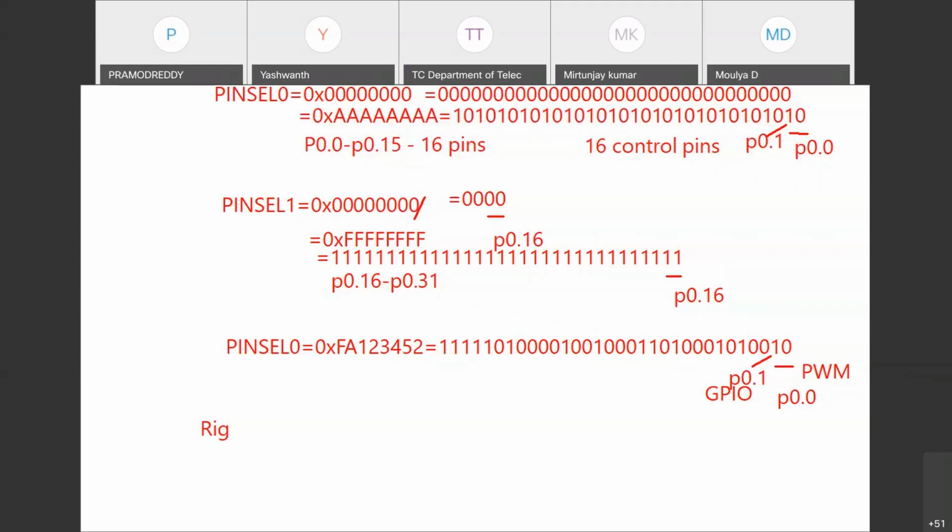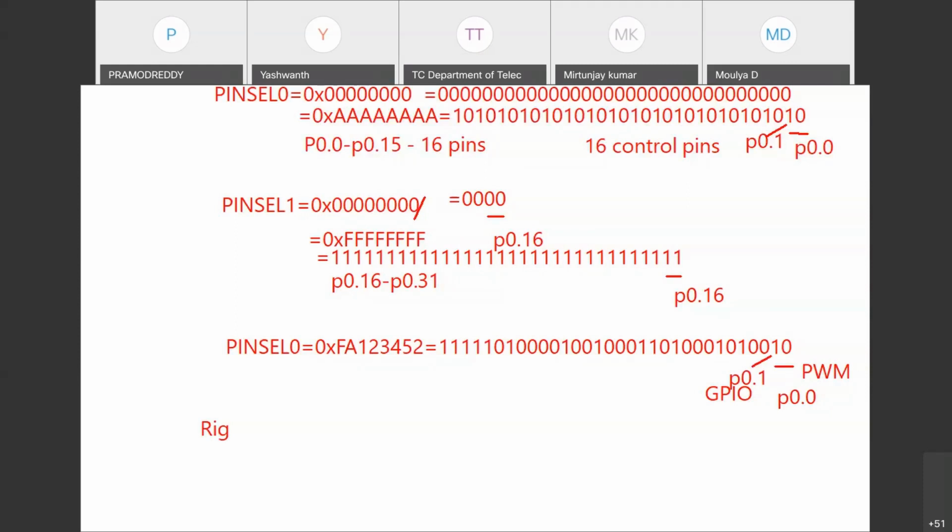IO input output pin, input output direction, input output set, input output clear. These four registers are to control